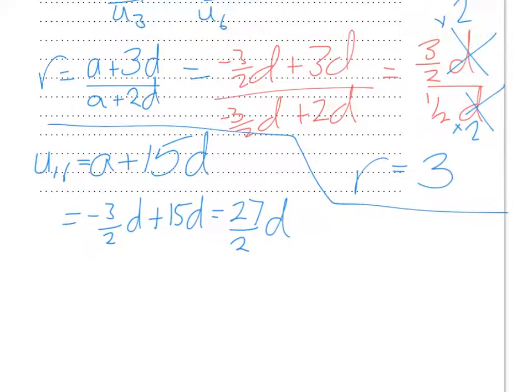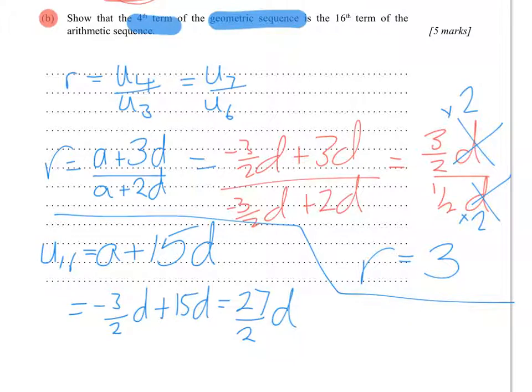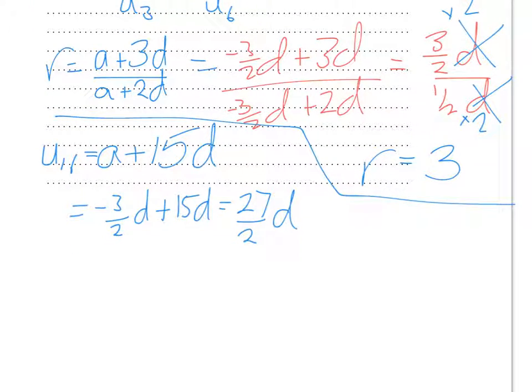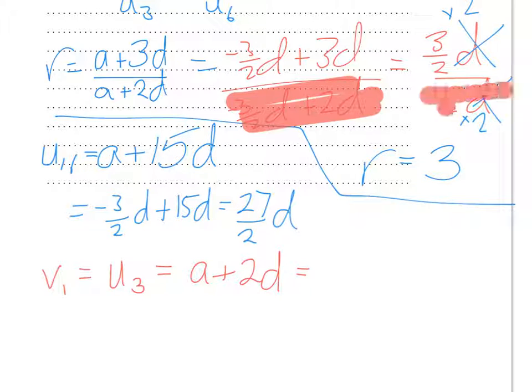What about our geometric sequence? Well, I've got all the information I need for my geometric sequence. The first term of my geometric sequence was the third term of the arithmetic sequence, which is a plus 2d, or we already simplified that when I was doing it here. It's half d, d over 2. And my ratio, again, I've already worked it out, my ratio is 3,